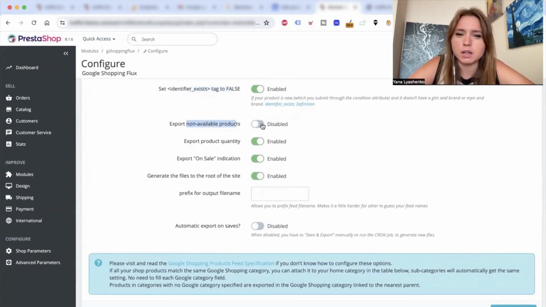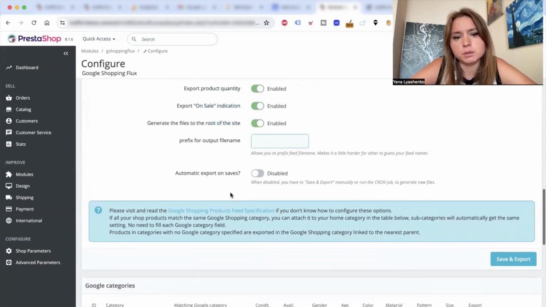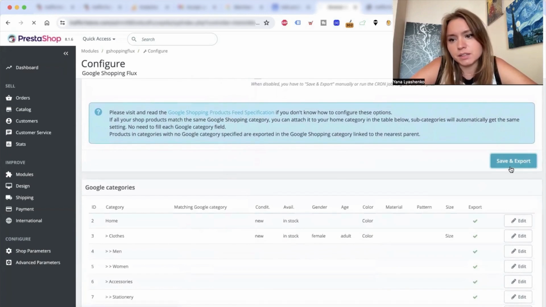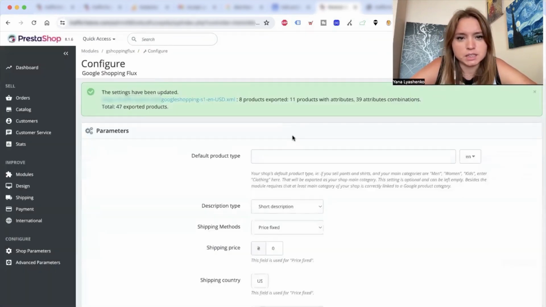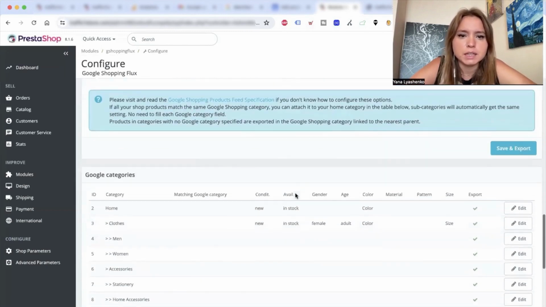I do not include out-of-stock products for export, but this is up to you. I need the quantity. I need the on-sale indication. I have included the route of the site. I don't need the prefix for now. Make sure to click Save and Export. I am getting a slight error here, but that's because the programmer is making adjustments, and then we will definitely